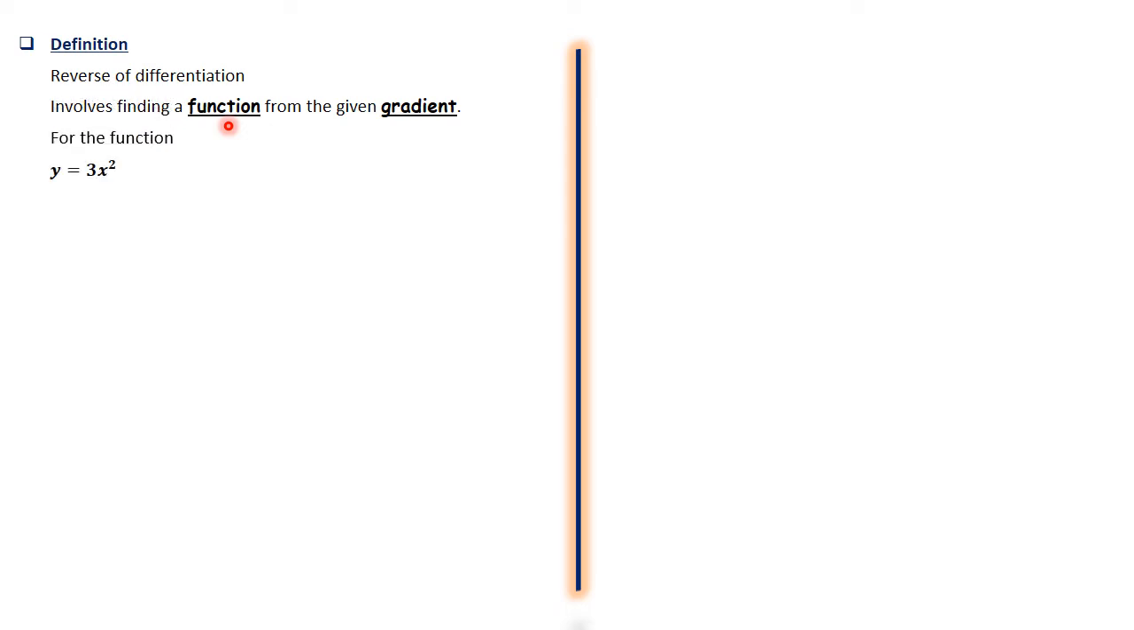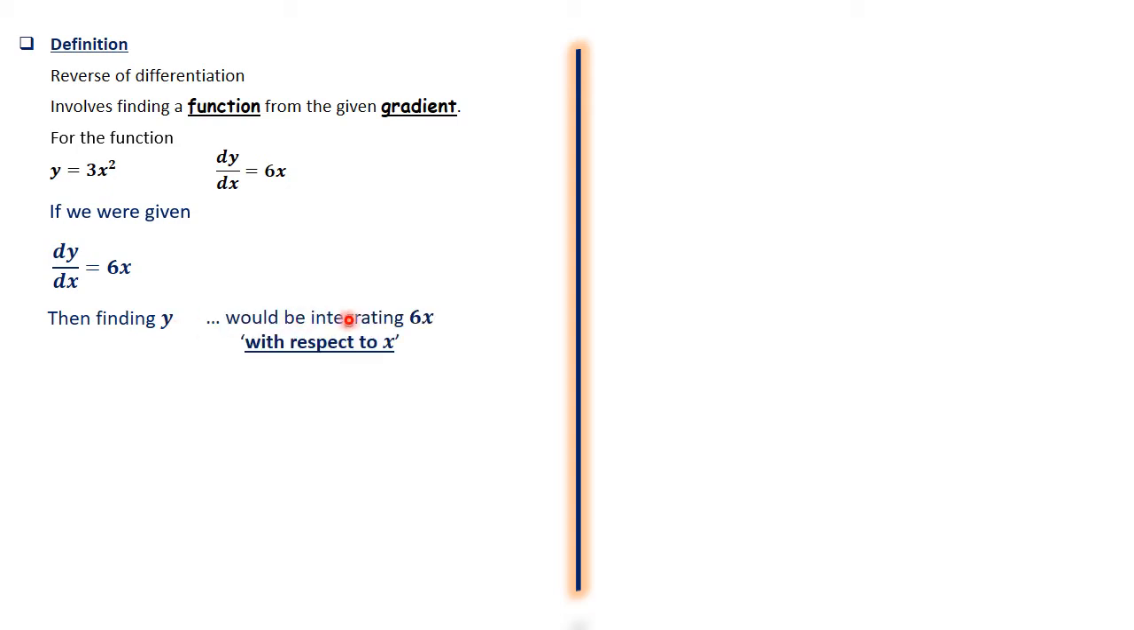For the function, say y equals 3x squared, the change in y over change in x, which is the first derivative, would be 6x. Now, if we were given the 6x, that is change in y over change in x, we are told that is a gradient. 6x is a gradient of some function, that is 6x is change in y over change in x of something. Then finding y, looking for the value of y, would be integrating 6x with respect to x,